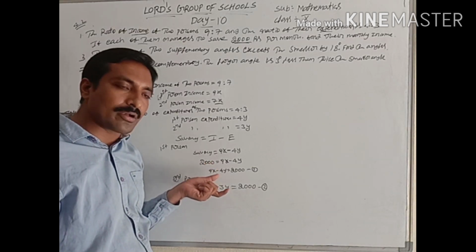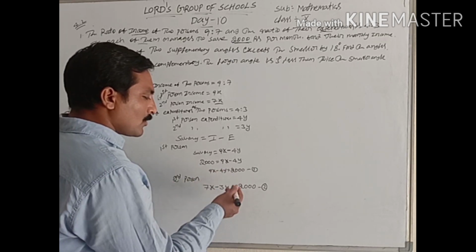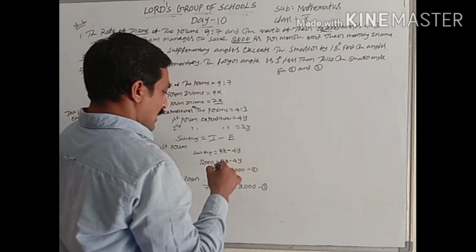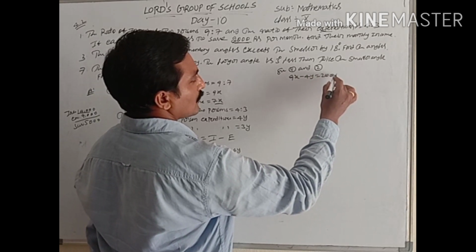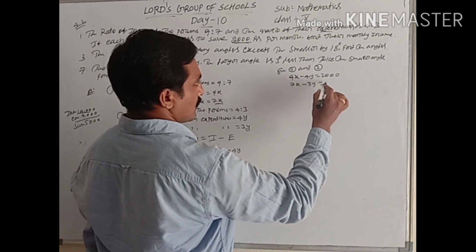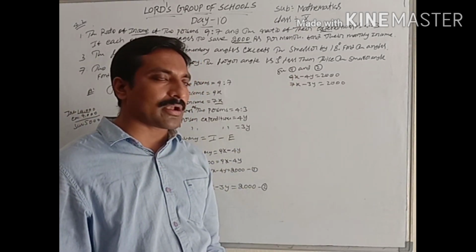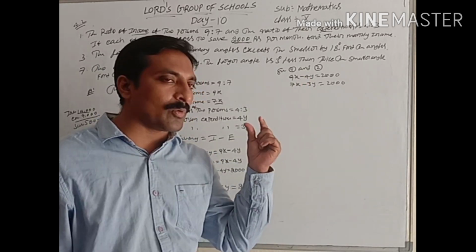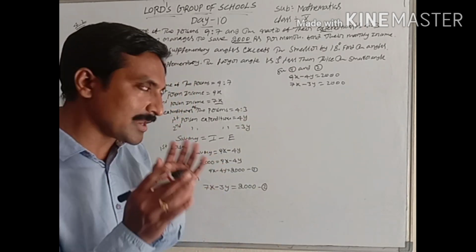Now you have to solve these two equations. Two methods are there. The best method is the elimination method. Now what are the two equations? Write them one by one. Solve 1 and 2. 9x minus 4y is equal to 2,000. 7x minus 3y is equal to 2,000. You have to observe here that x coefficients are not equal, y coefficients are also not equal. For the elimination method, any one variable's coefficients must be equal, but no variable's coefficients are equal. In that case we need multiplication.